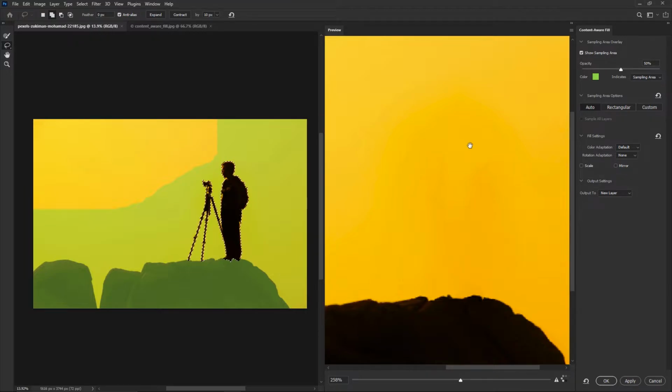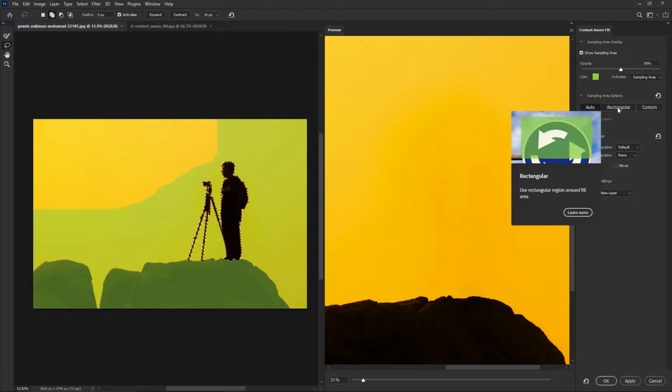In the sampling area options, the default is set to auto, and this method will use the content that is similar to the area that is immediately surrounding the selection. And this is generally the best option to start with. And as you can see, for this particular image, it's doing a really good job. The rectangular method will sample from a rectangular area surrounding the selection. So, when I click on that,